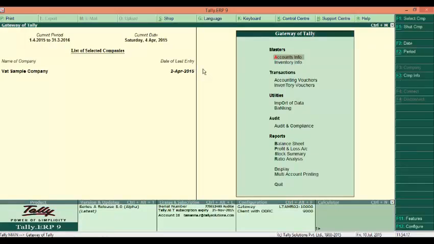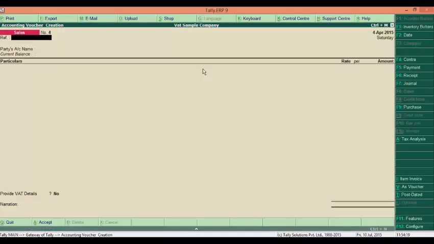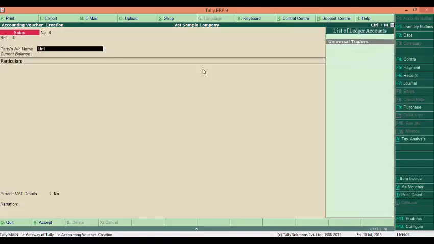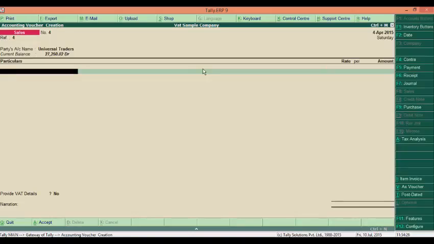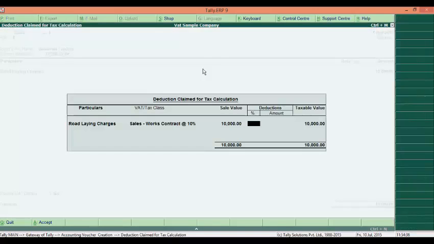Now we'll try passing the entry. Go to accounting vouchers, F8 sales, select the party Universal Traders, select the road laying charges, specify the value of 10,000. This window indicates that we have to mention the deduction claim for tax calculation.